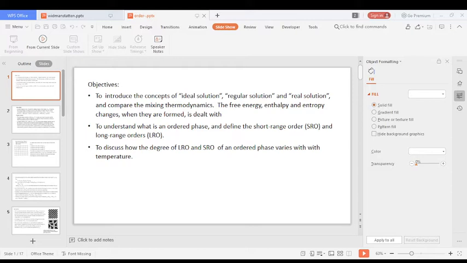So this is a schematic of a solid solution, a two-dimensional picture, which shows A type of bonds and B type of bonds as well as AB type of bonds. In a regular solution, there are three types of interatomic bonds. As I said, these are AA bonds, each with an energy of HAA, and BB type of bonds with an energy of HBB. Similarly, AB type of bonds with an energy of HAB.